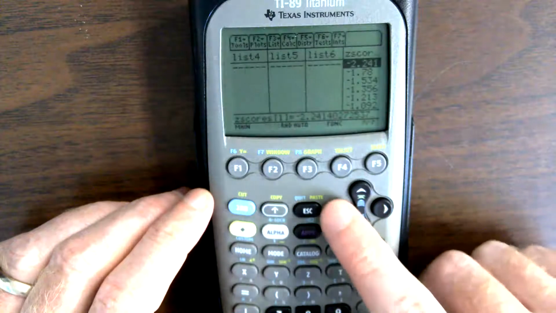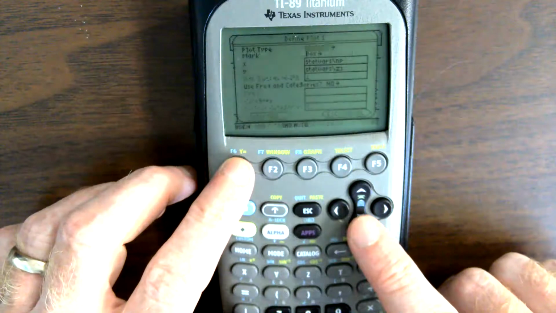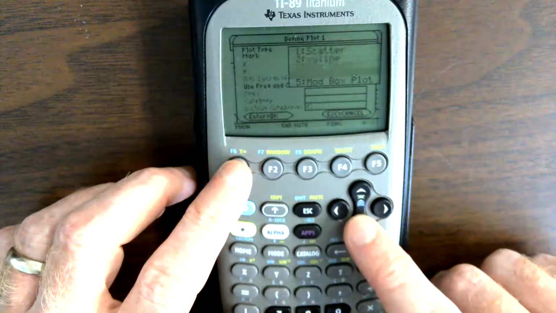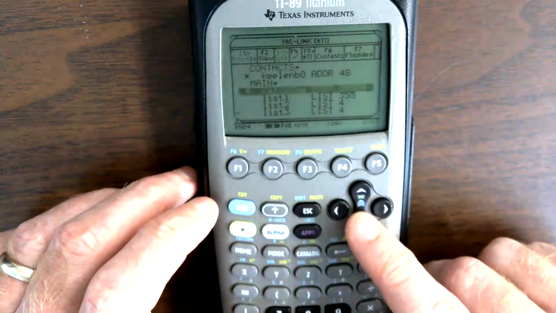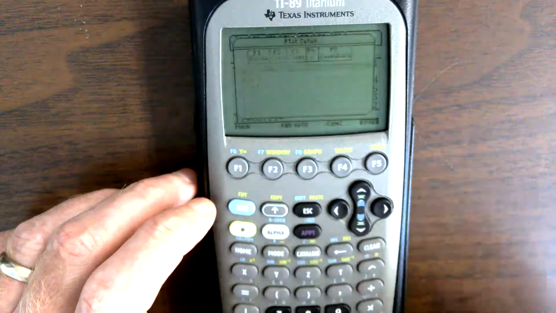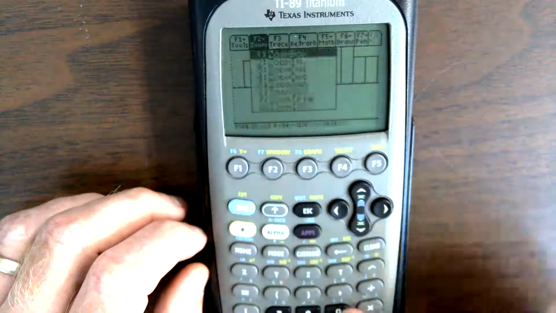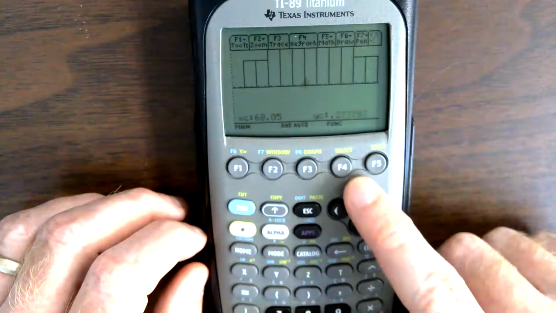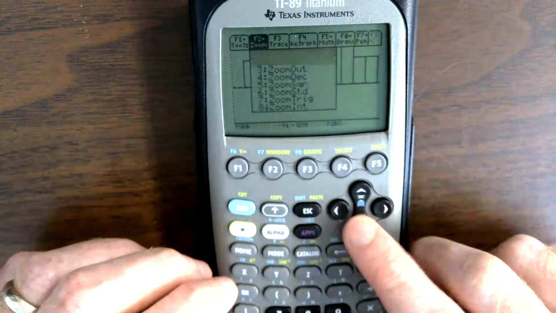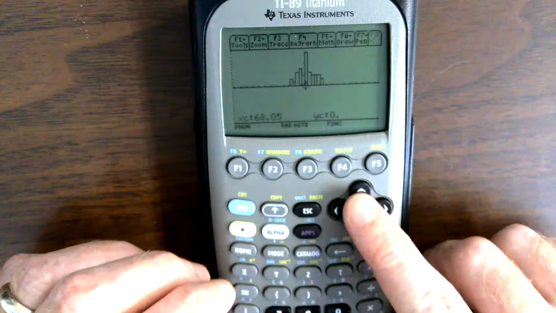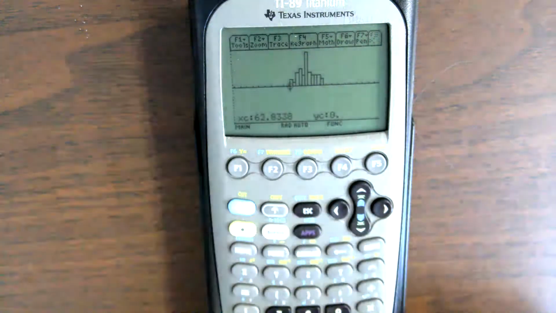So if we went back over here, let's set up a histogram real fast. I'm going to do this fast because this is in the other video. So I'm going to make this a histogram. I'm going to clear this out and link it to list 1, and graph it. Zoom 9. That's not what I want. Zoom out. So we can see here that approximately symmetric shape, peak in the middle,